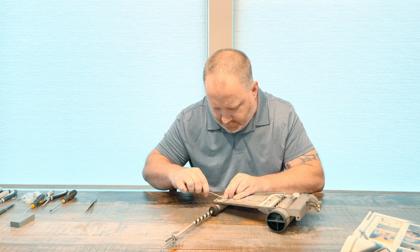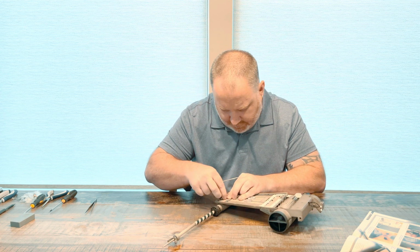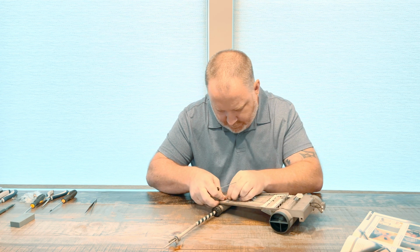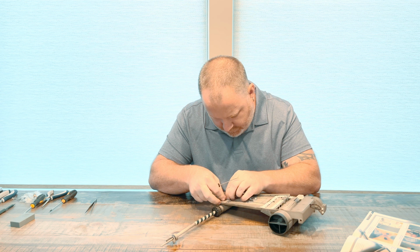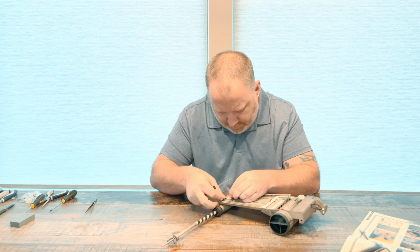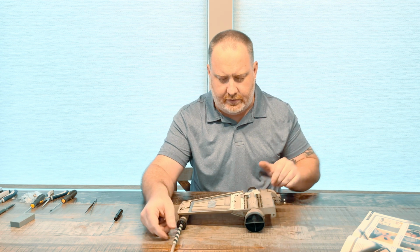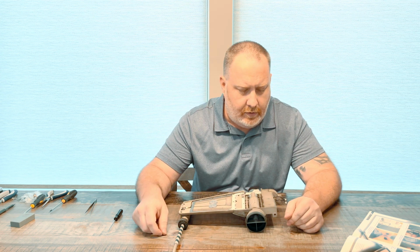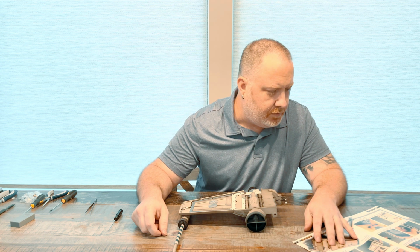Let me turn this a little bit. For some reason it's being finicky all of a sudden. There we go. Oh. There we go. There's the laser attached and the LED hooked up, and the last step basically will be to